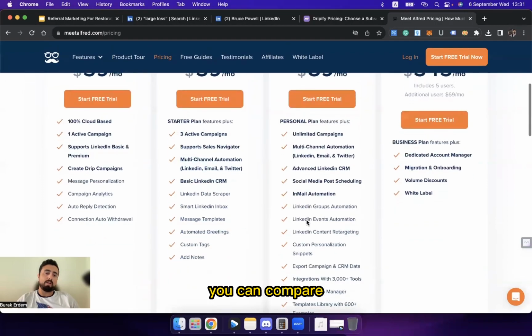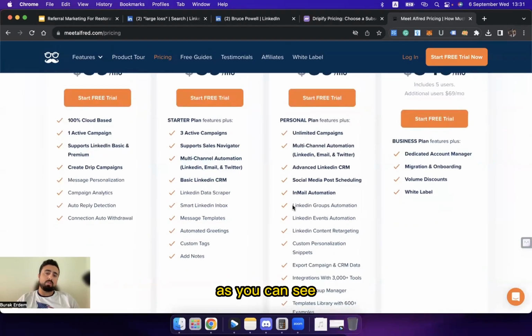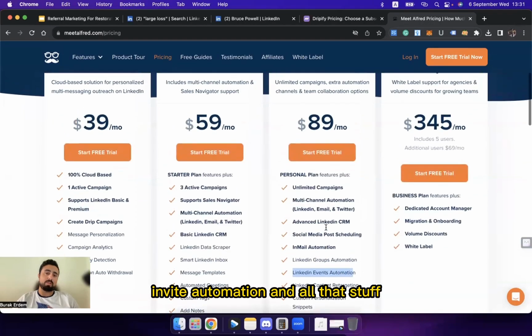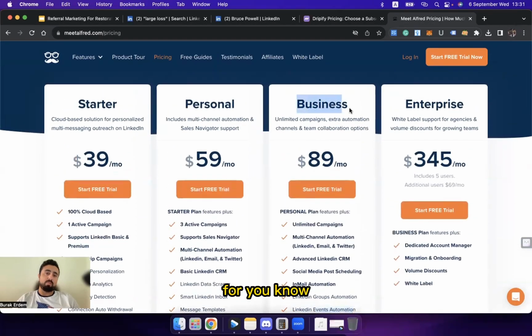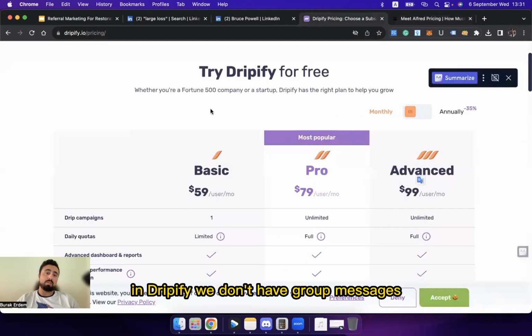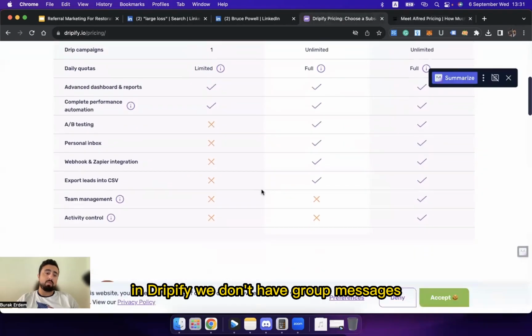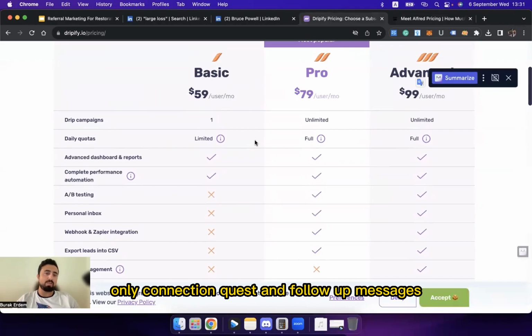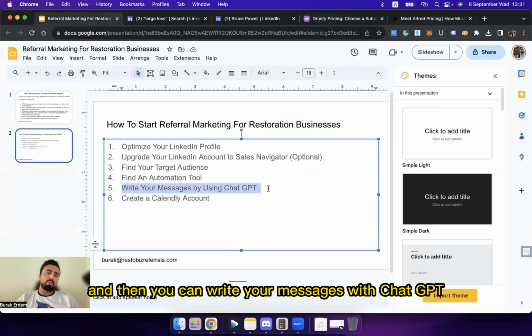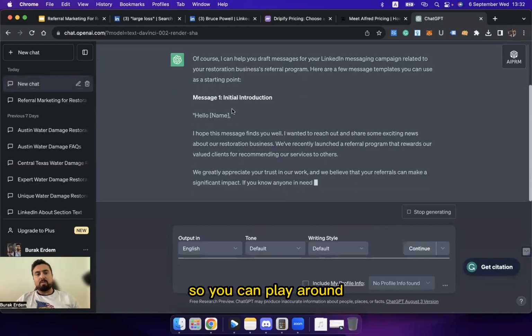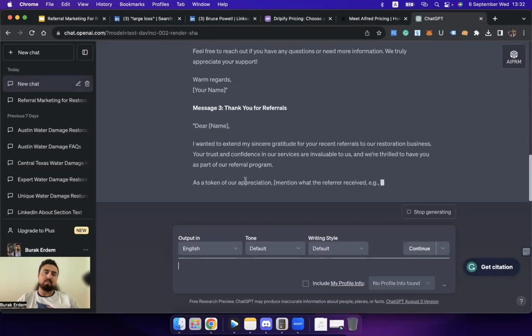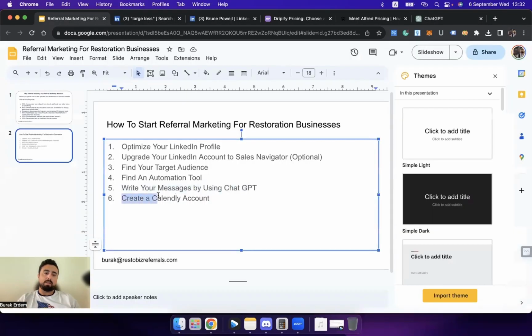You can compare. As you can see, you can send group messages, invite automation, and all that stuff in the business package. In Dripify, we don't have group messages, only connection requests and follow-up messages. And then you can write your messages with ChatGPT. So you can play around here, edit your messages, you will be okay.